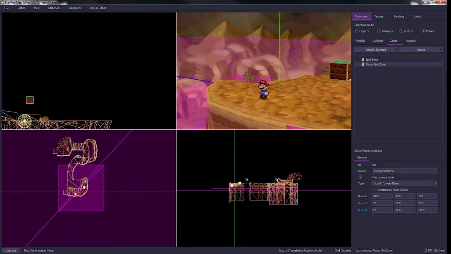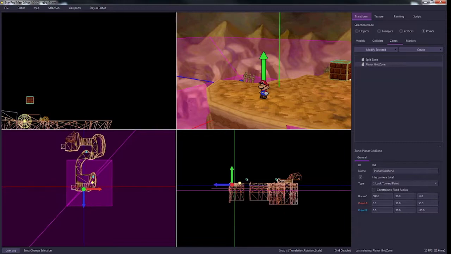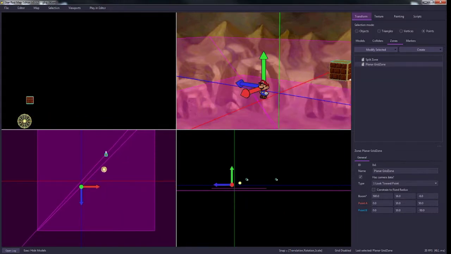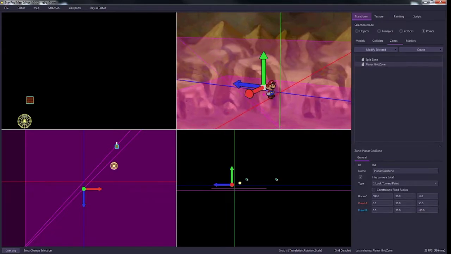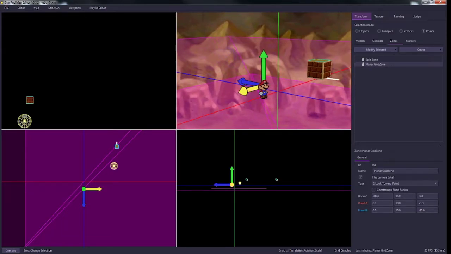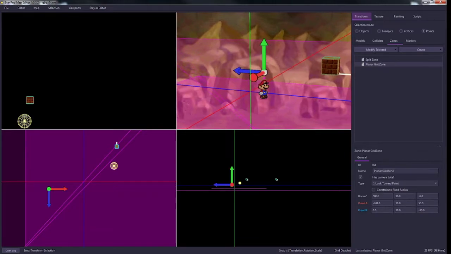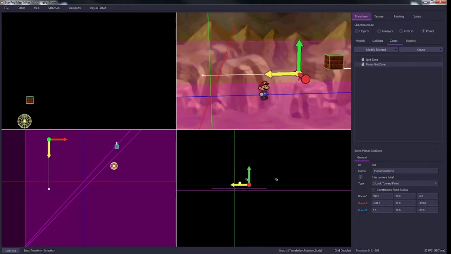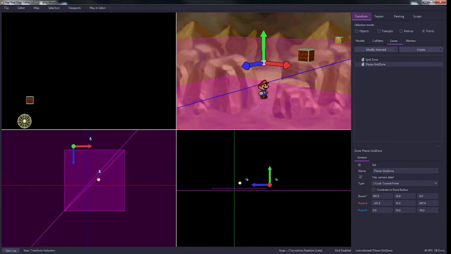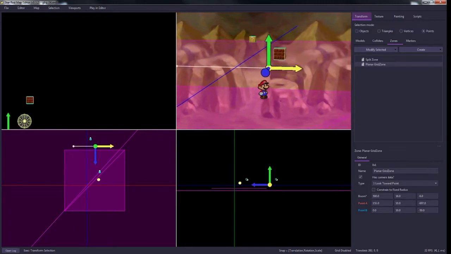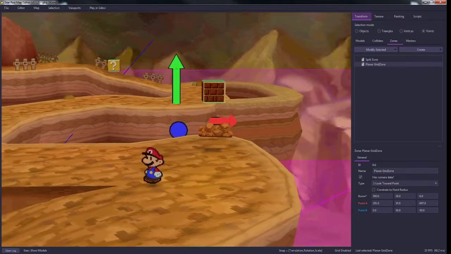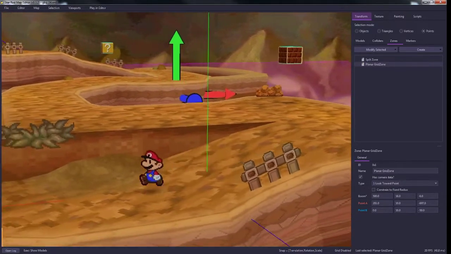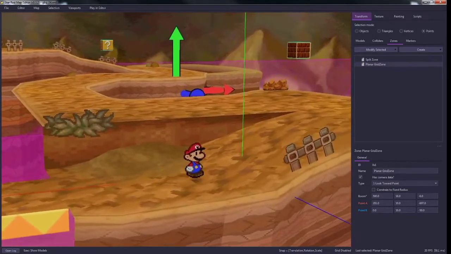And now you'll see my point is right here. So I'll hide this so it's easier to see. There's the point it's looking towards. Now if I want to change where it's looking towards, I just need to move this around. So I want this all the way over here for testing purposes. Alright, so now whenever I move, it's going to move the camera and look at this point